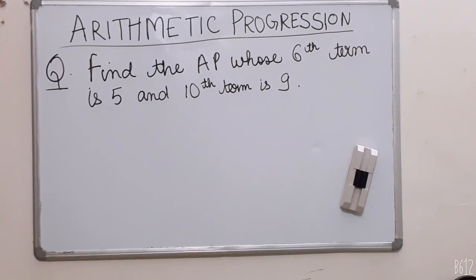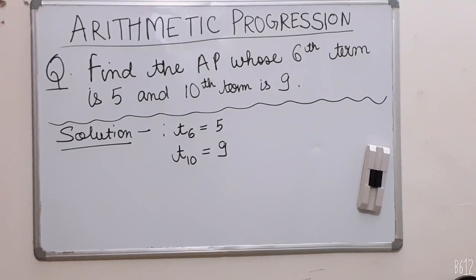So the question is to find the AP whose 6th term is 5 and 10th term is 9. So they have twisted the question here by telling us the terms and asking us to find the AP. It will be done by the same concept and formula which we used in the previous question, only the slight difference here is that we have to find the AP, and in the last question the AP was given and we had to find the term. So first try it yourself. It doesn't matter if you are doing it wrong, but just pause the video and try it once.